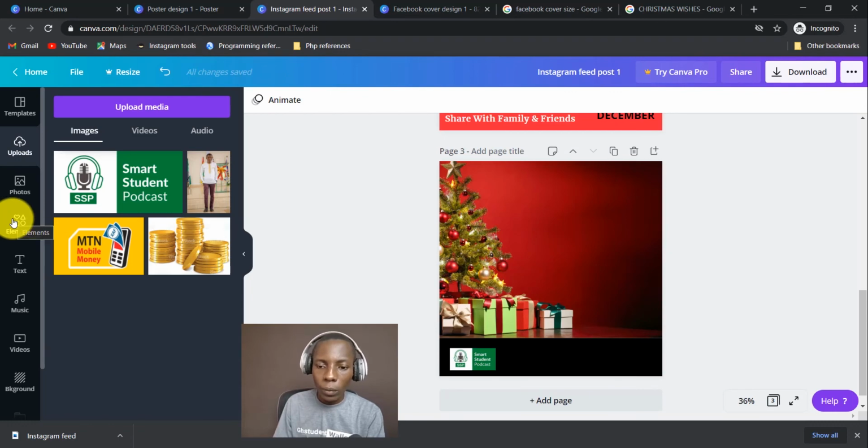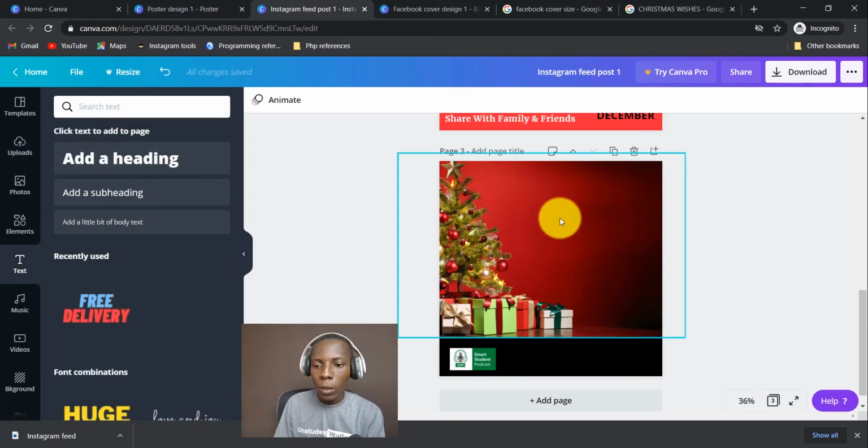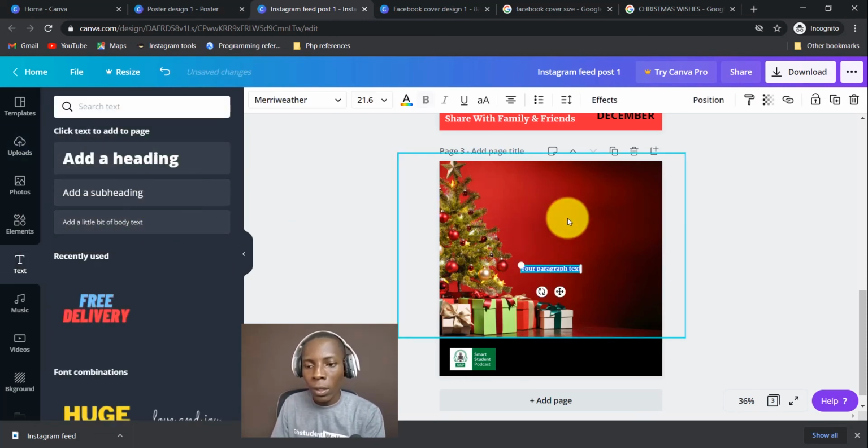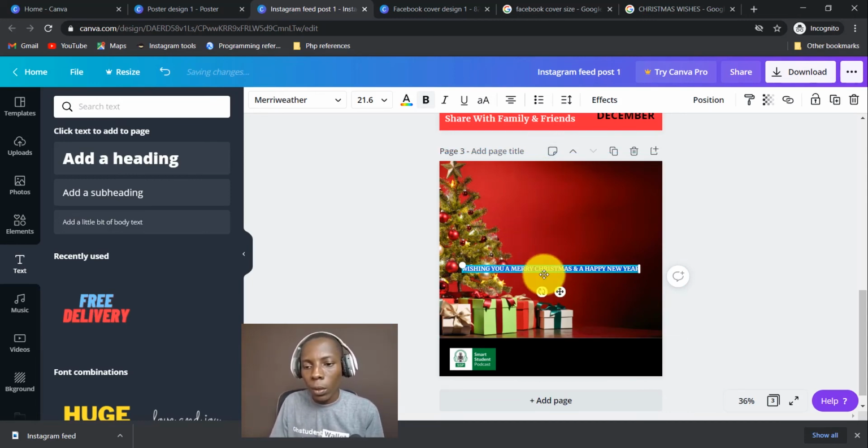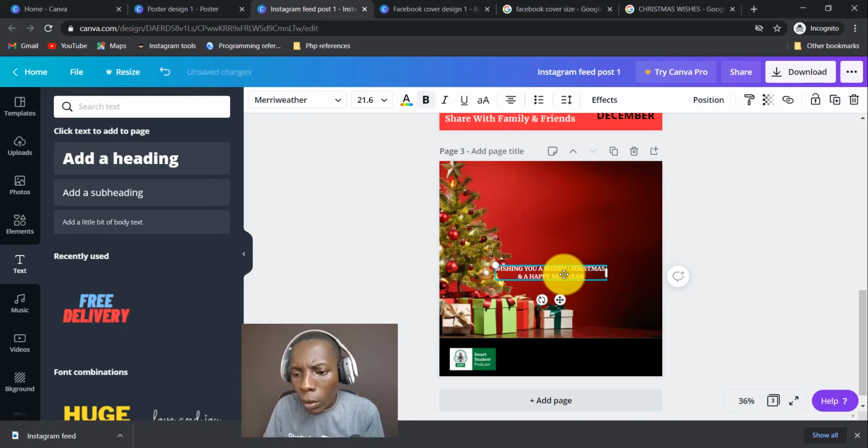Then I'll say, let's see, the text, or click on T, then type wishing you a Merry Christmas and a Happy New Year. Okay, this has gone as a straight line, but you can equally break it down. You can align it differently. All right, so let's click here to break it by clicking enter, then increase the font size